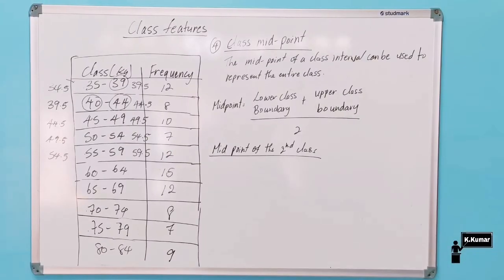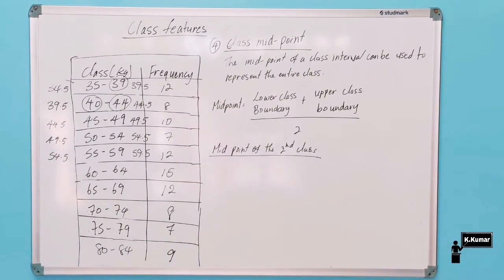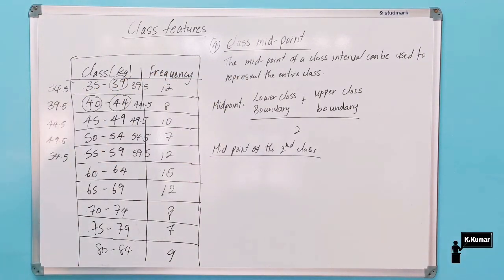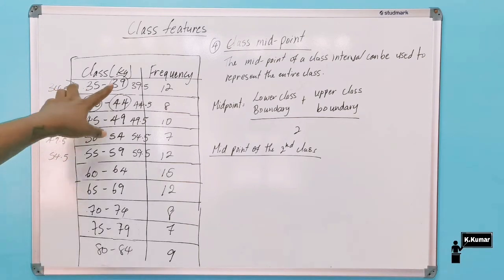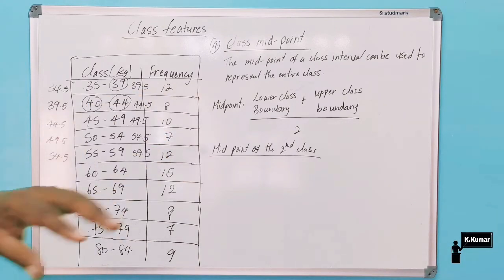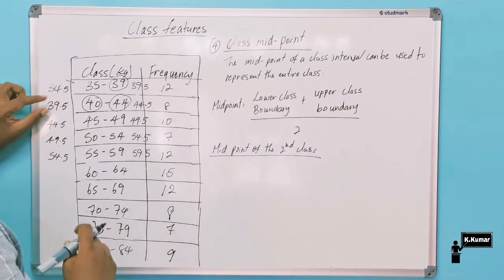The fourth class feature we're going to look at is class midpoint. It says that the midpoint of a class interval can be used to represent the entire class. So instead of using the classes like 35 to 39, you could just find the midpoint and then use that one number to represent the entire class. And there's a formula: the lower class boundary plus the upper class boundary, divided by 2. So we're going to find the midpoint of our second class, which is 40 to